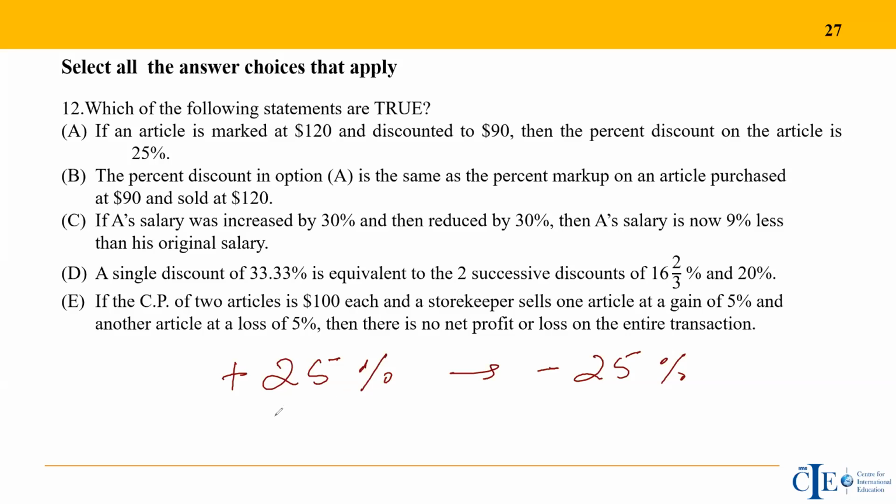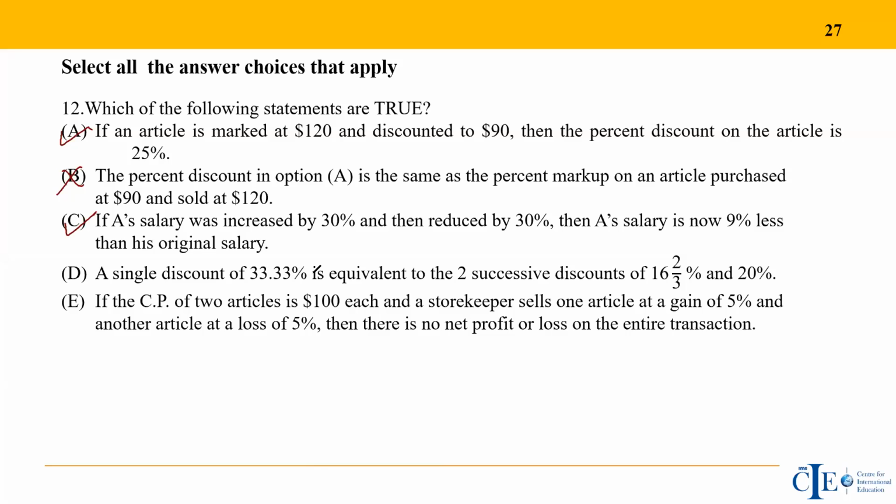So here we see that X here is 25, and since it's a successive change of the same percent, increase, decrease, he will definitely have a loss. And the loss percent is given by 25 the whole square divided by 100%. Now 25 squared is 625, 625 on 100, which would be a loss of 6.25%. Okay, so he will be making a loss of 6.25%, right? So we saw the first is true, second is false, the third is true.